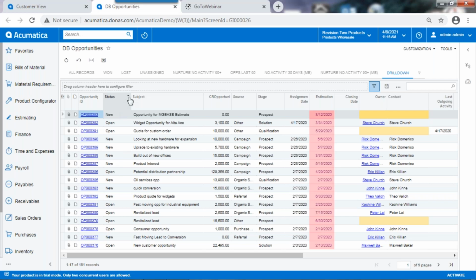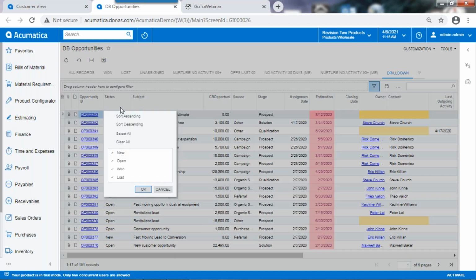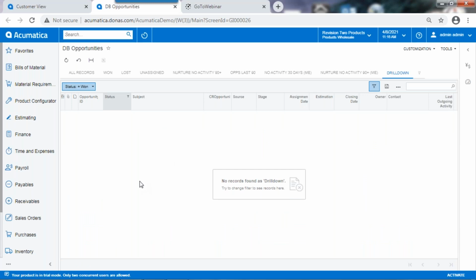Also, let's say on status, if I only want to look at particular items, let's say I only want to look at items that were 1, I would click on the down arrow and it should bring me up a checkbox. The other thing that's important is it's bringing that up. Well, I can see here, if I clear them all and I say I only want the 1s, you'll notice in the status as it builds, whoops,